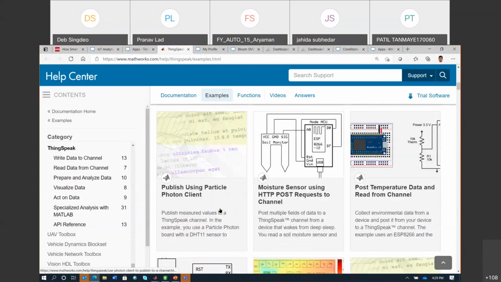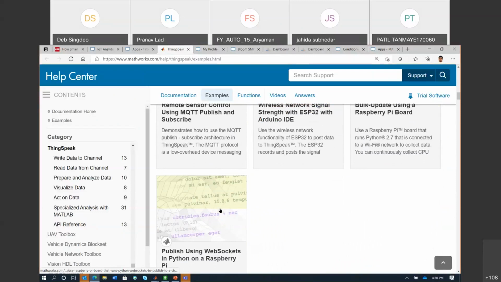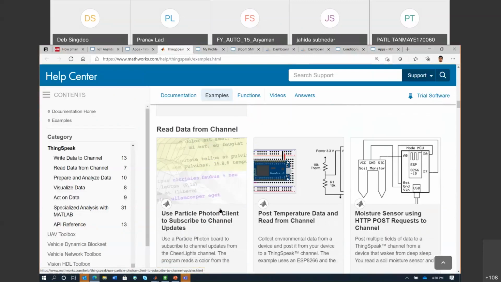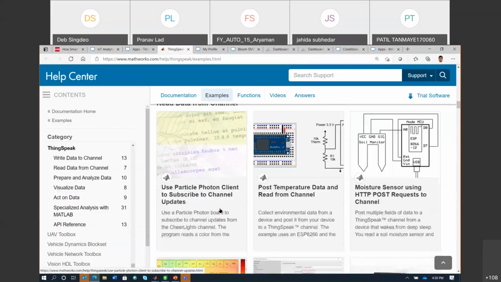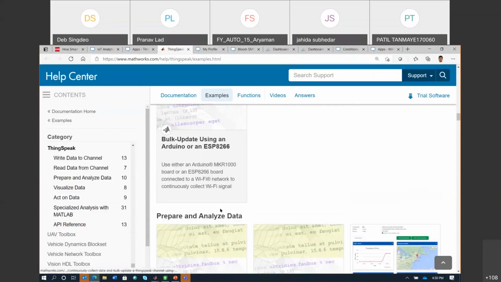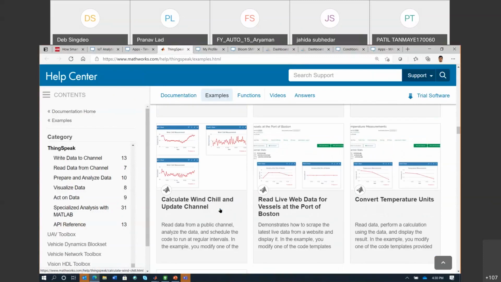So this can give you some idea of what sort of projects can be done. And it might be not just for Arduino. If you have a mobile, you can capture your mobile sensor data and do projects with it. You can use Raspberry Pi. So it works with different hardwares also. You can see there are lots of examples here.